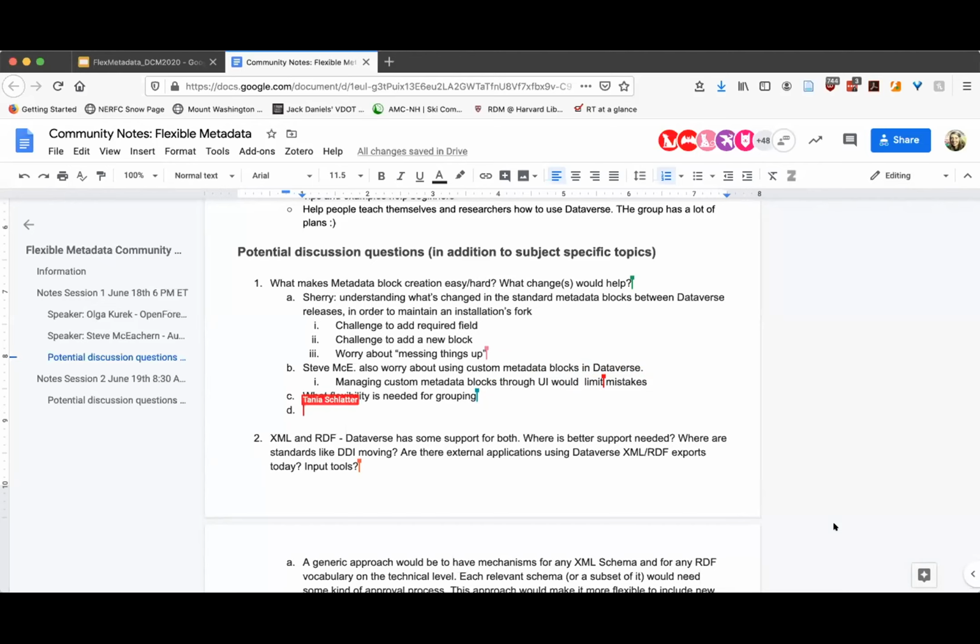Creating a new one, I'd be curious to ask Olga, it sounds like it was difficult to get the mapping to the external standard to work due to the complexity of the standard, but is it hard to actually produce that new metadata block? I think now that it's there, if we try to make changes to it or people want to customize it, everything that we're talking about is bad. But the grouping was just that Olga was mentioning that there were problems with the grouping capability, and I was just curious to ask more.